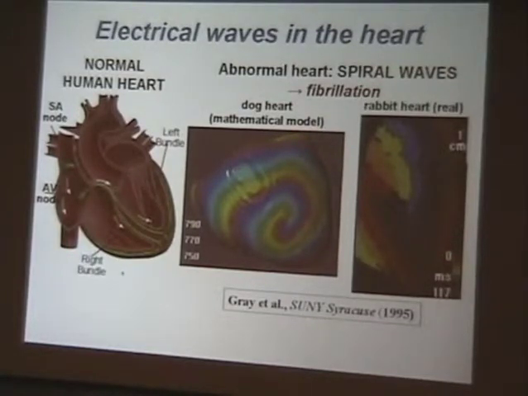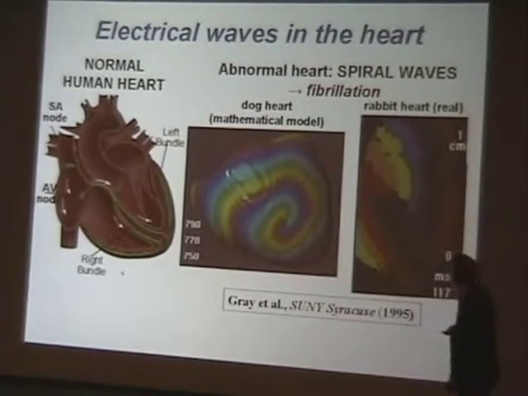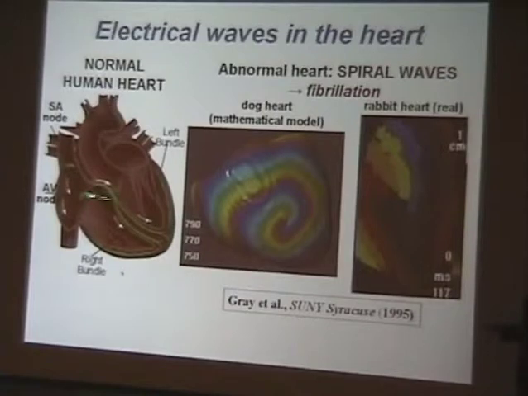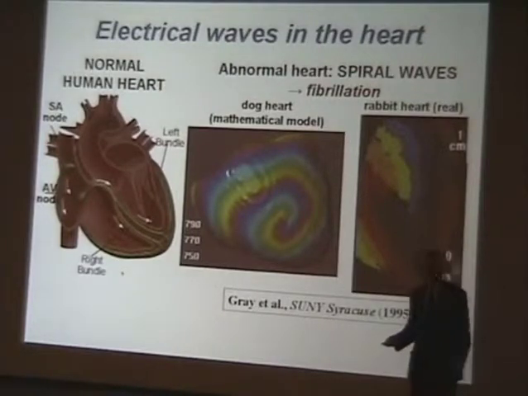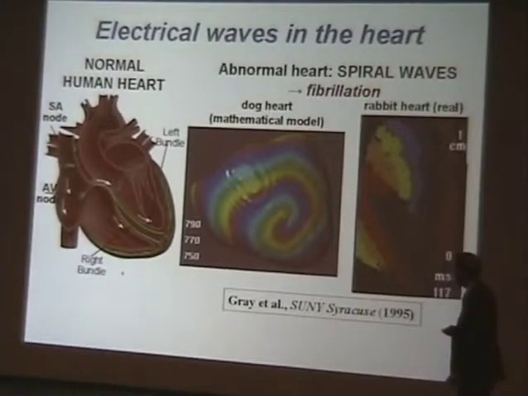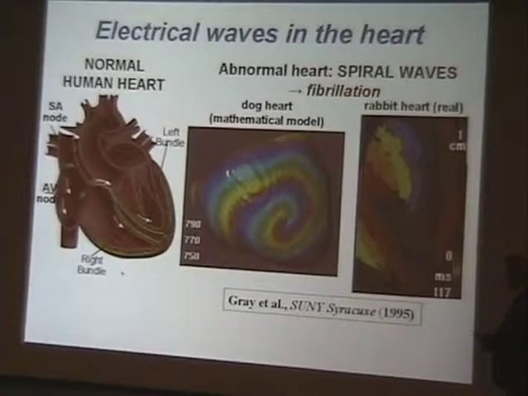Now, these waves are not the waves you want. This is what you want. Because this leads to fibrillation, irregular heartbeats, which don't produce much blood flow. And these spiral waves, which can break up into smaller spirals, are responsible for more than 100,000 deaths per year in this country. So there are many people studying these spiral waves in actual hearts and also in model systems